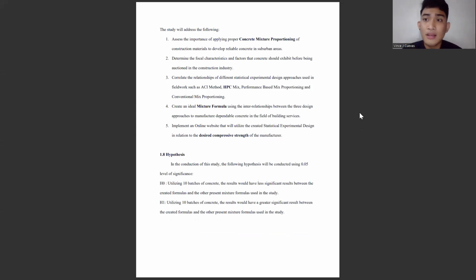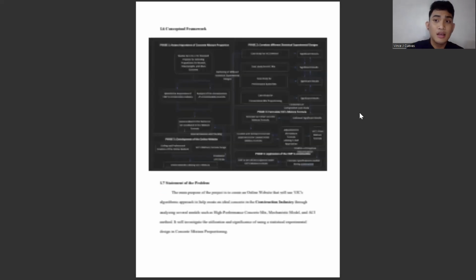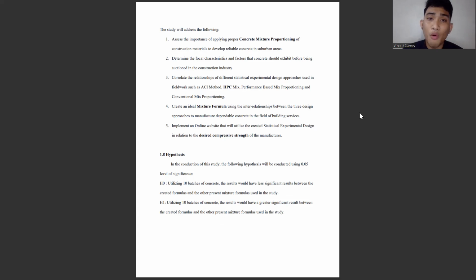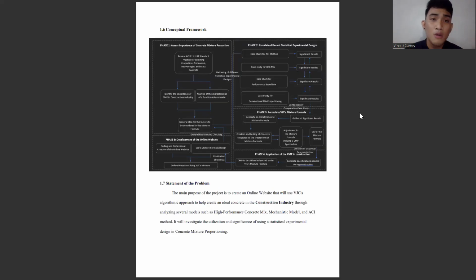These are the five specific goals of the statement of the problem. The first one is to assess the importance of applying proper CMP of construction materials to develop a reliable concrete in suburban areas, which is being answered in phase one. Determine the focal characteristics and factors the concrete should exhibit before adoption in the construction industry, which is also answered